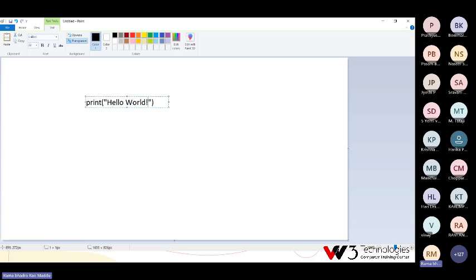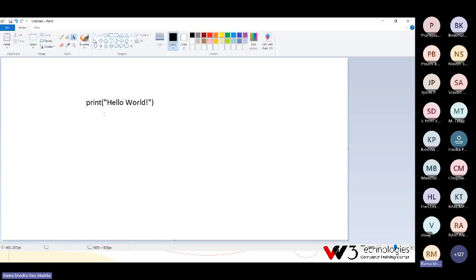Print contains open and close brackets, you enclose the message in double quotes, and you type your message. The print with brackets is nothing but syntax. You must follow this rule if you want to display anything.